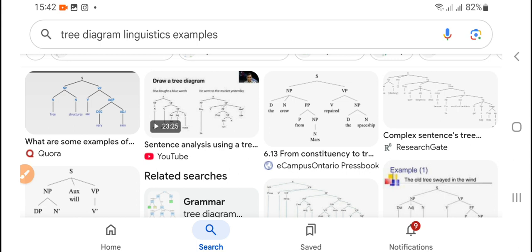The easiest way to understand immediate constituent analysis in linguistics is to think of it as a method of breaking down a sentence into smaller meaningful chunks, progressively dividing them until you reach individual words, right? First we have to think of the sentence as a tree, which is divided into phrases, because a sentence is made up of phrases, right? So that is there. And then